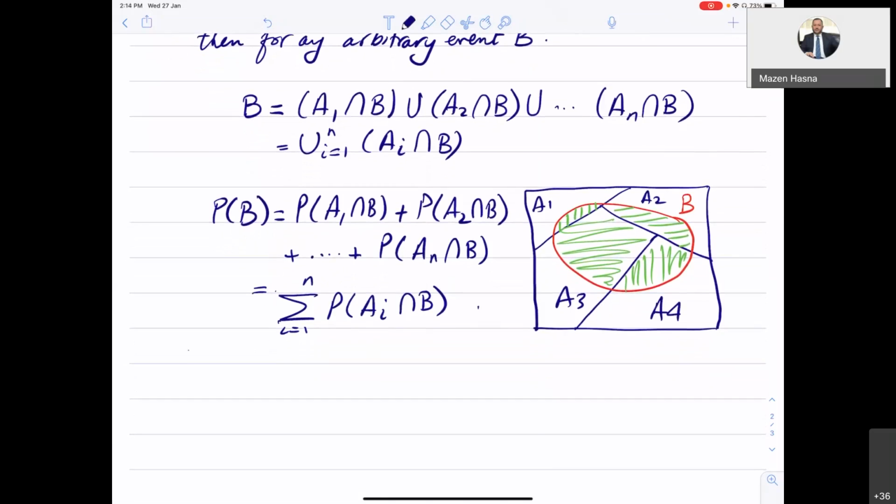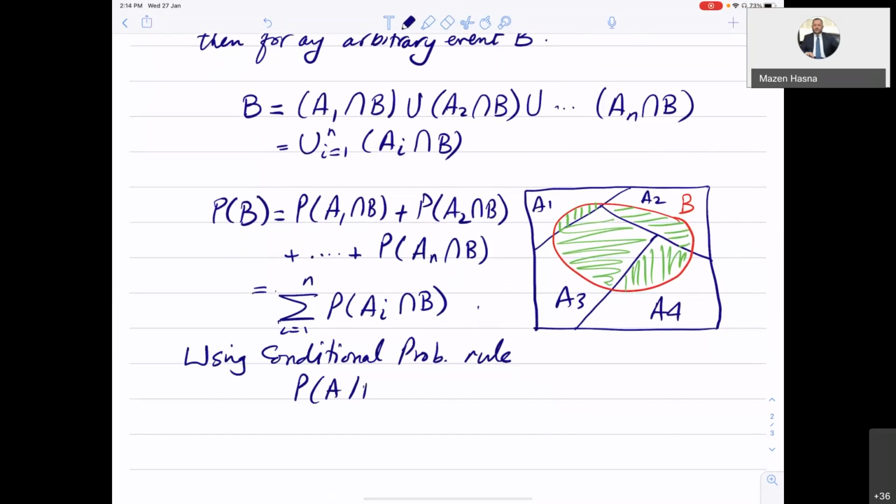And now using the conditional probability rule. You recall the conditional probability rule, which is probability of A given B equals probability of A intersects B over probability of B. So if I use that,